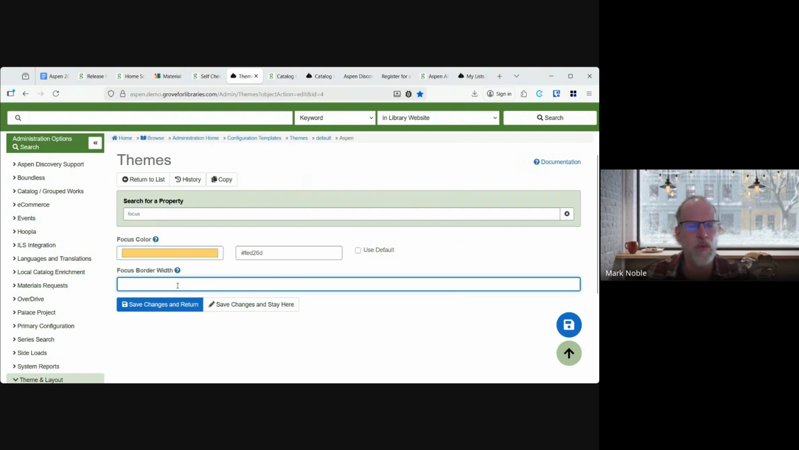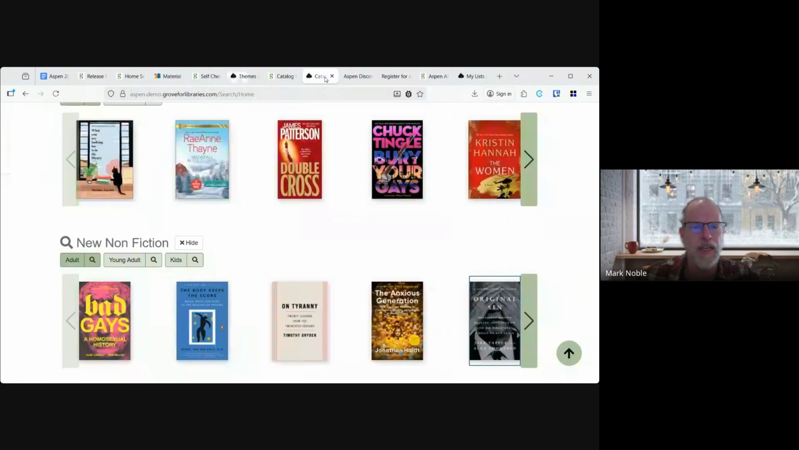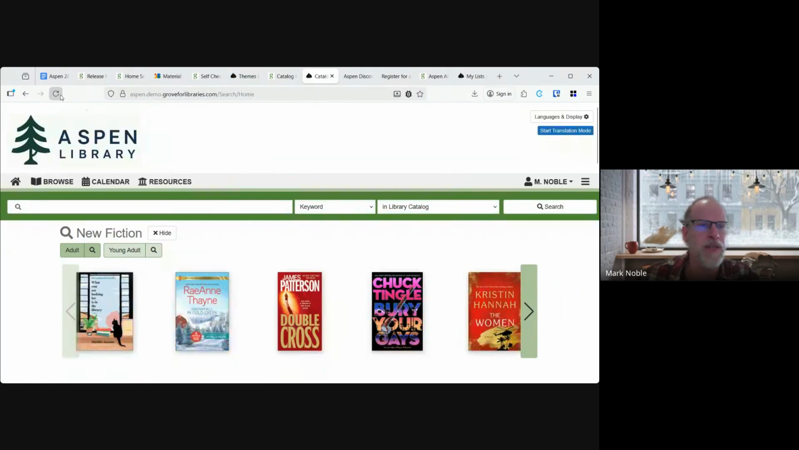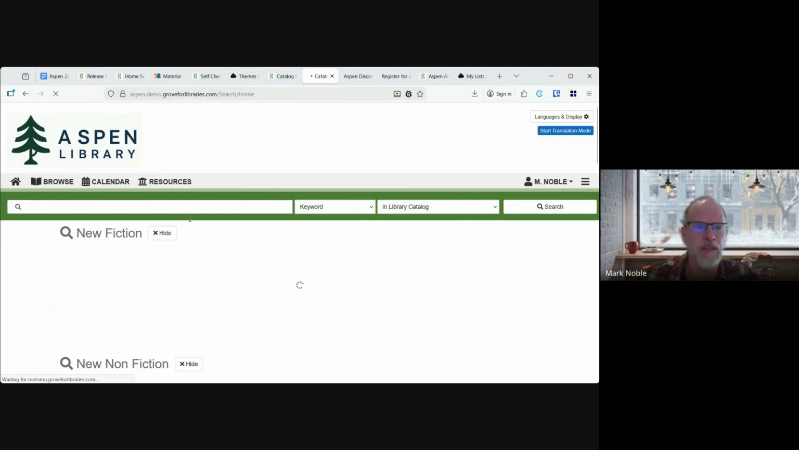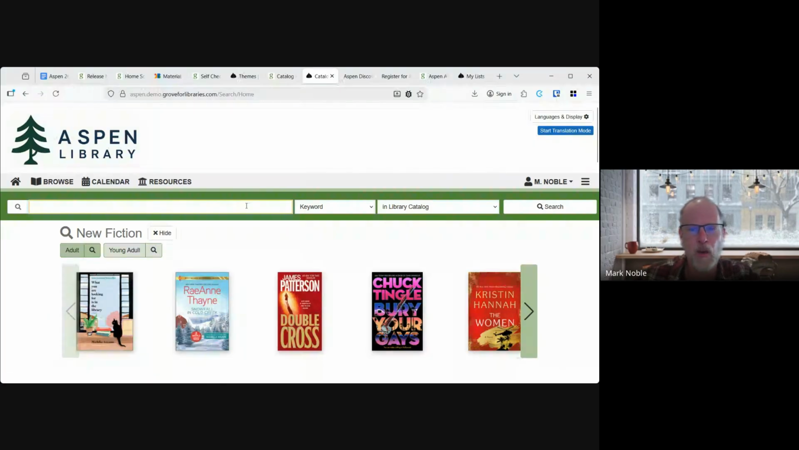And you can choose the width as well. So we're going to make a 2 pixel border. And this is just applied to my Aspen theme. So if I go back here to Aspen and refresh, now I get an orange border, which